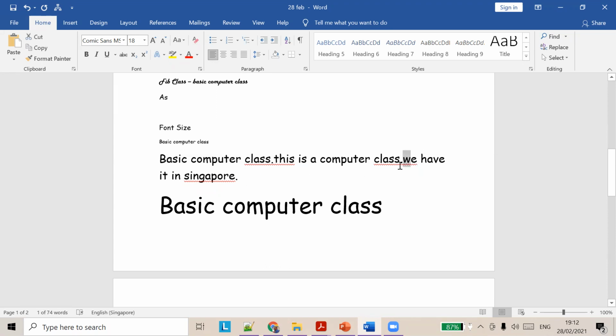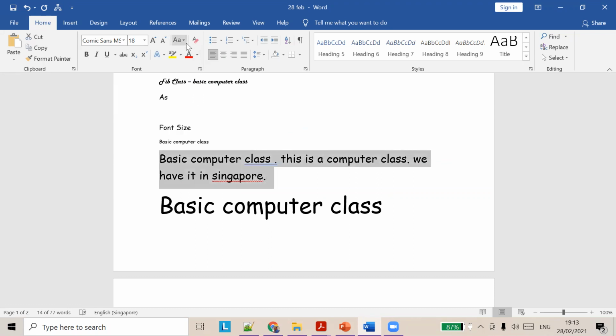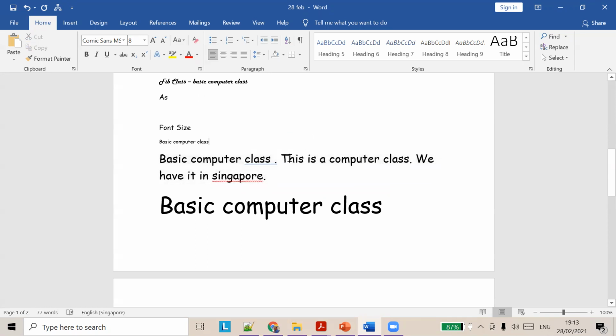Ideally this should be a capital letter, but it's not. Instead of going here, deleting it and changing it, we can directly change it. It's in the change case option here. Click sentence case. It automatically changes from small t to capital D.